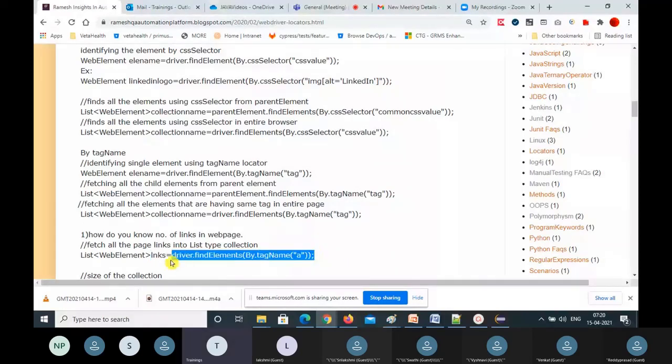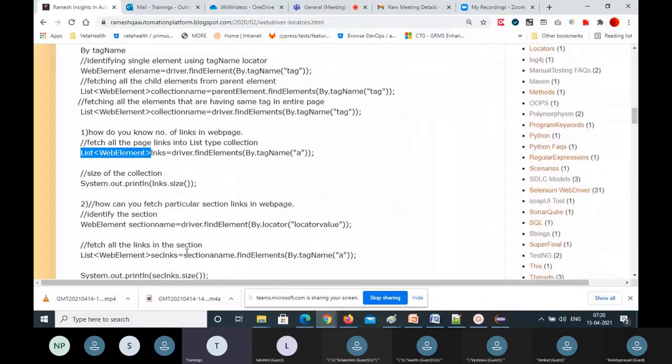So this is the line of code you have to give as the answer. Many times you will use this piece of code. You don't need to change anything here; as it is, you can write. Not even a single letter needs to change. Maybe if you want to change your collection name, you can change it here. Otherwise, no need to touch anything. If you read all these things, it will be easy.